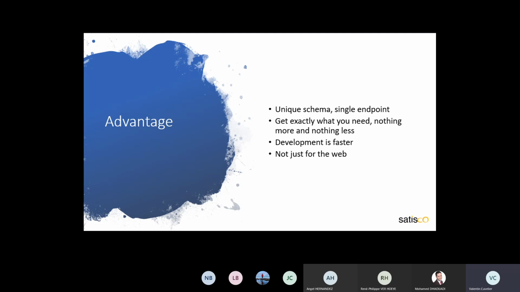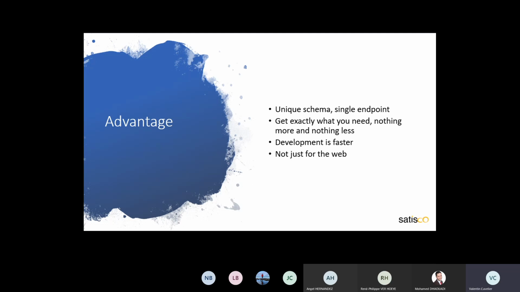So second point, yes, you get exactly what you need. Nothing more, nothing less. It could be an inconvenience because if you compare to REST API, you don't specify a lot of parameters. So here in GraphQL, for example, you can send more data than REST to the server, but you receive only the data you need.